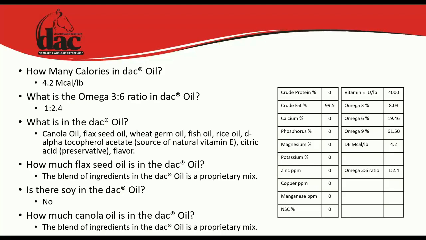So the largest quantity of oil in the DAC oil is canola oil, followed by flaxseed oil, followed by wheat germ, rice oil, vitamin E. Then we use a small amount of citric acid, which is what? Vitamin C, and some caramel flavor. The quantity of each of those is in that order: canola, flax, wheat germ, etc. So don't ask me how much of each of those is in there, because I can't tell you,